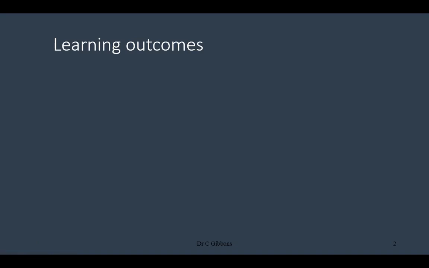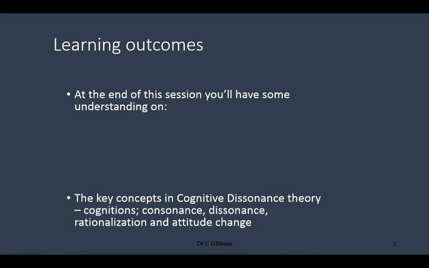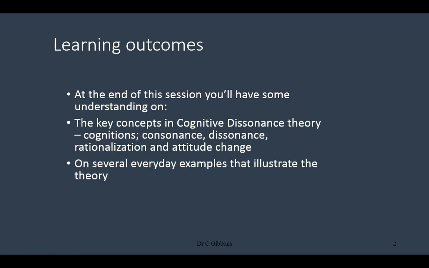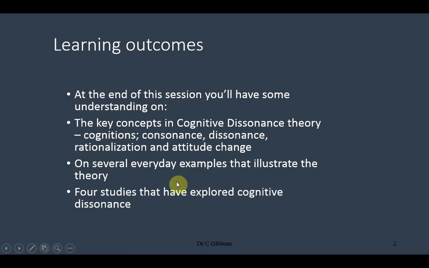I always think it's important to start off looking at learning outcomes. Any assessments I give will be hardwired to the learning outcomes. Essentially, in unpacking this theory, we need to understand what I meant by the key concepts in the theory: cognitions, consonance, dissonance, rationalizing reasons, and attitude change. You'll need to be able to offer some everyday examples to demonstrate a good handle on the theory. Likewise, to unpack a number of studies that have explored cognitive dissonance, and to be able to offer at least